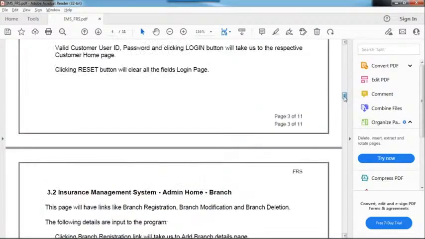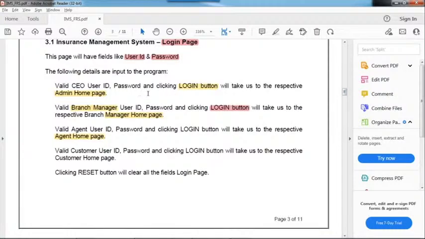So now what do you do? You don't know what code is written there. You are giving what input? Valid username, valid password. Now you are clicking the login button. Then what is the output? Suppose you are able to see the admin homepage, it means as per the given requirements you are able to see the output as the admin homepage, so it is working as expected.